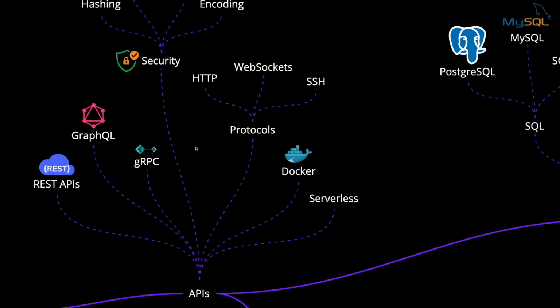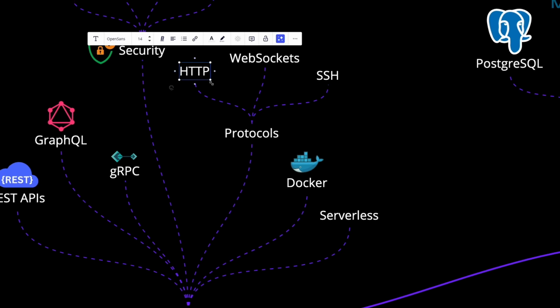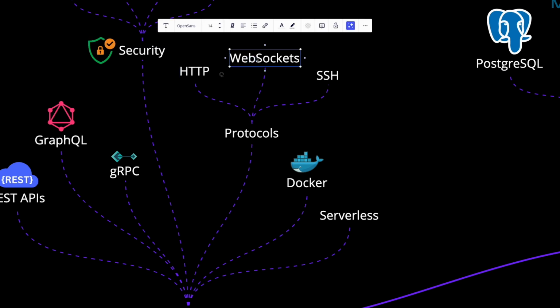Then we have the protocols that are used by these APIs for communication. HTTP is the standard protocol of data communication for the web. You are already familiar with it from the front-end part, but backend development involves deeper aspects of this protocol. WebSockets are used for two-way communication channels over a single TCP connection, and because of that, mostly it's used for real-time data transfer between the client and the server, like for chat apps or for video streaming and things that